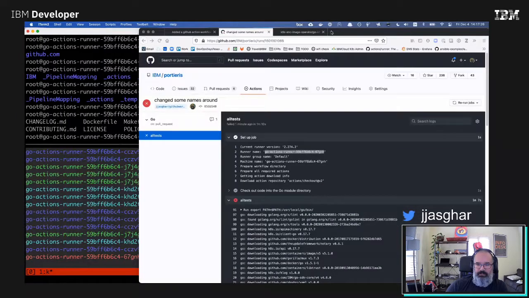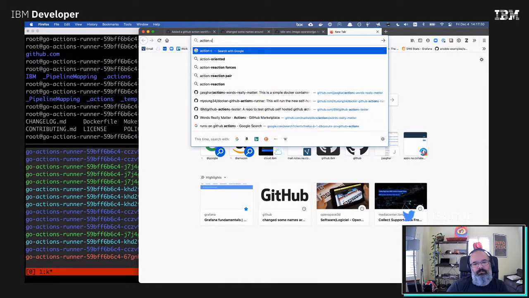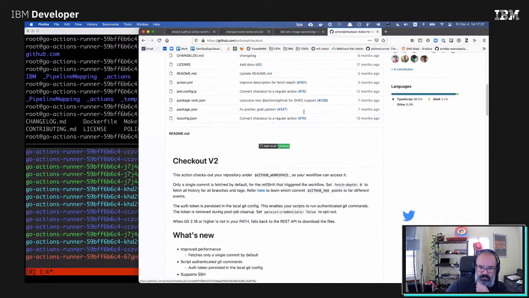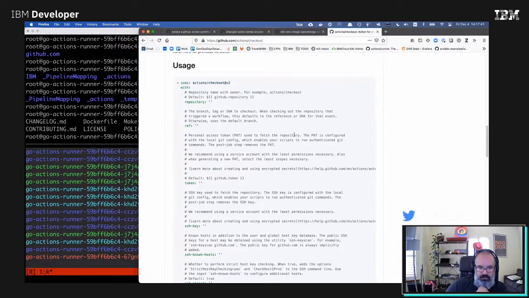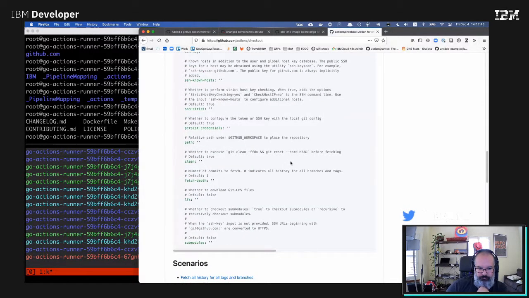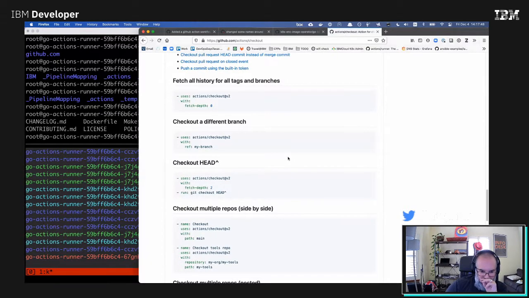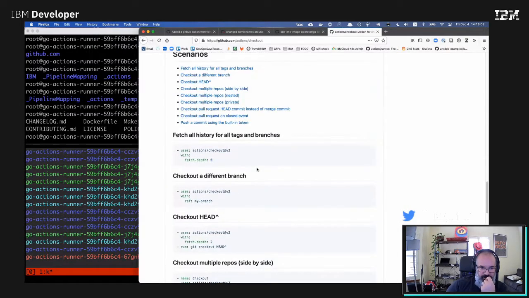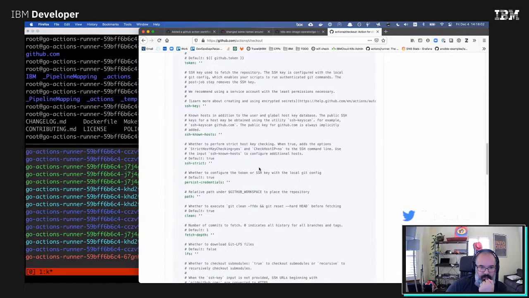So I think I can go back to action checkout and tell it to check into something very specific. Okay. Branch, head, path. So I think it's path is what I want. Where is path? Path. Relative to the GitHub workspace in the repository. And the workspace I give it is